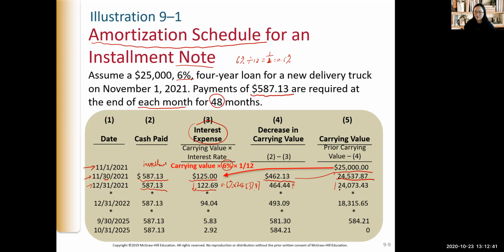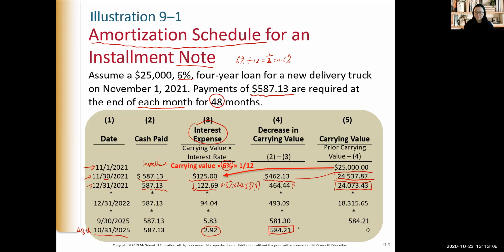Hence the new note outstanding is $24,073. If you continue with this table, you find that in the last period, the 48th payment period, the interest component is only $2, and